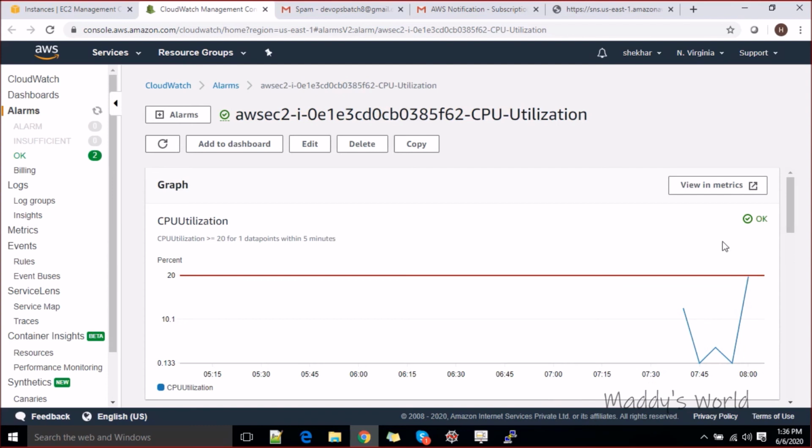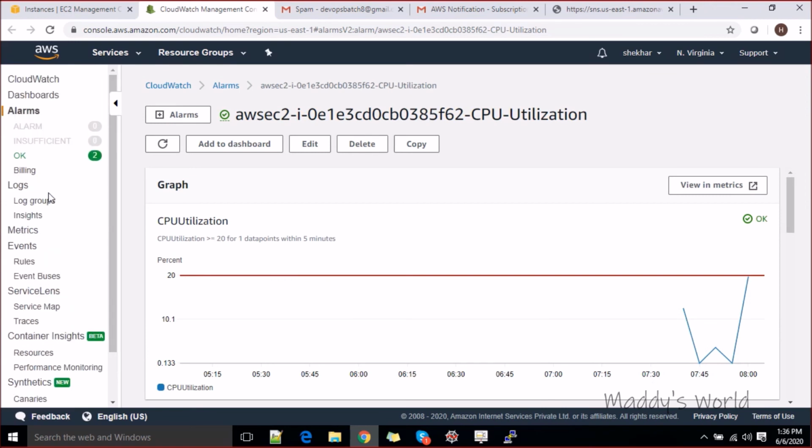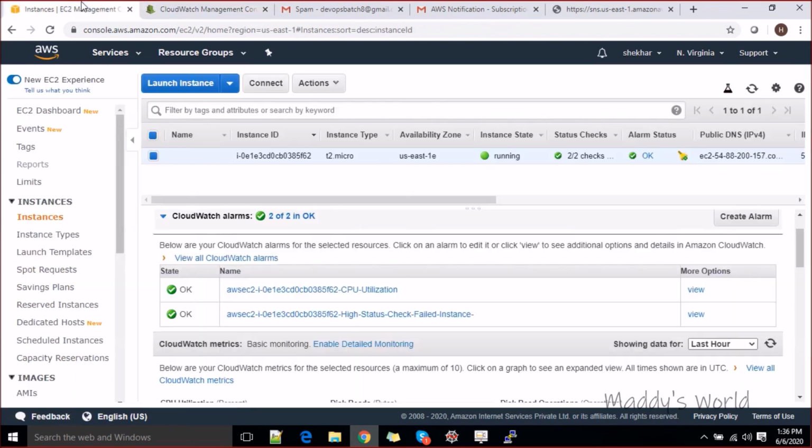It's growing now. And let's go to the alarm section here too. Still we don't have any alarm, so we'll have to wait for some time. So I'll mute it for now.